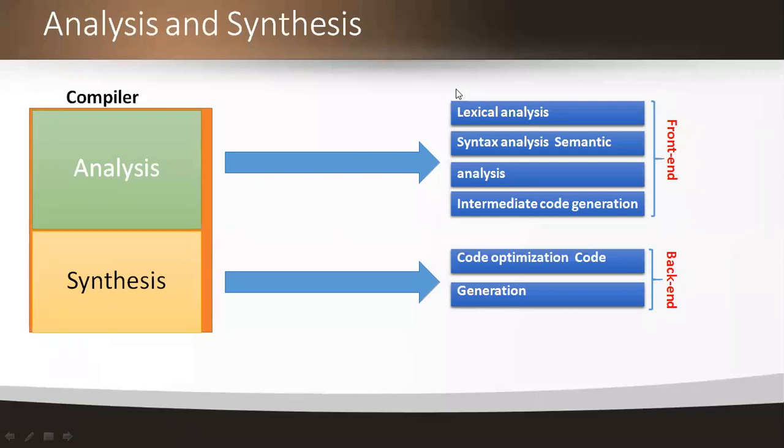And this is the brief description of each and every phase. Here we're having 6 phases of the compilers, and those 6 phases are divided into 2 parts. One is analysis and another one is synthesis. I think you all are clear about what is front end and what is back end, which comes under machine independent code and which comes under machine dependent code, and what the parts of the compilers are.